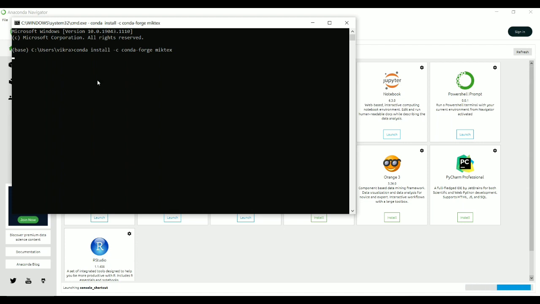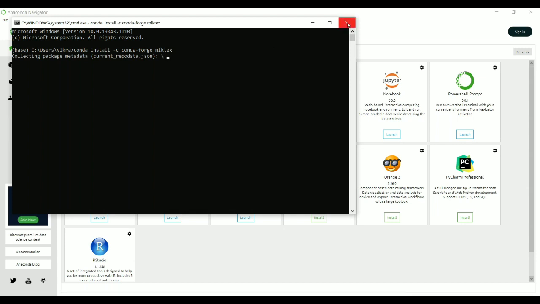Once the process is completed, it will show the result there that it has been downloaded, or if there is any error, all the things will be shown there. So this is the process of how to download a specific package using the command prompt. You can see here, if I want to stop, I have to just press the escape, then it will stop the process.